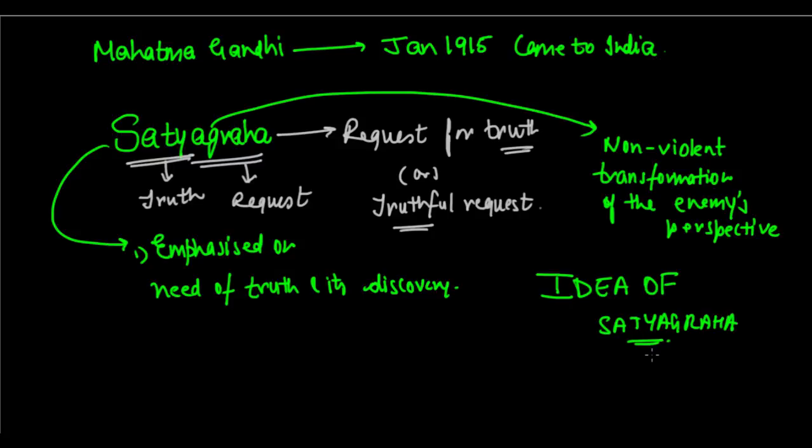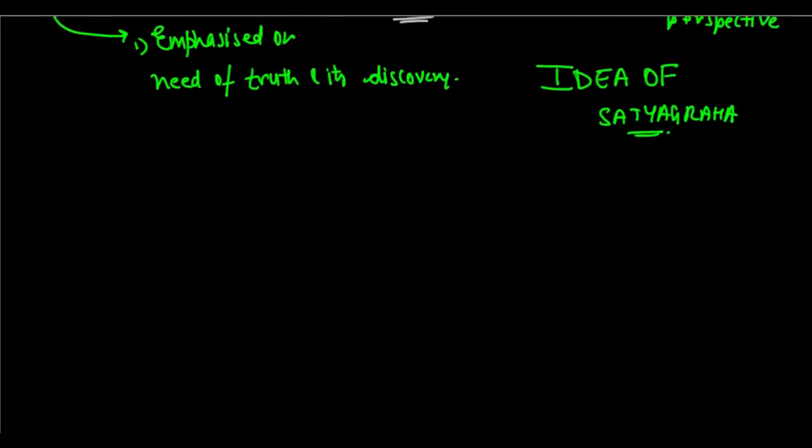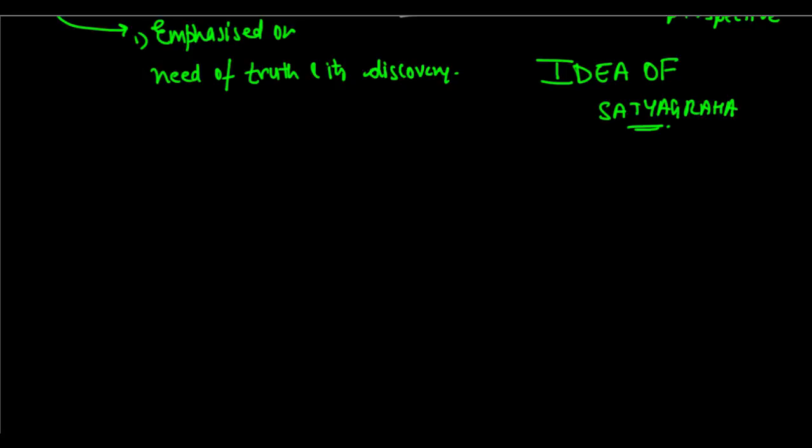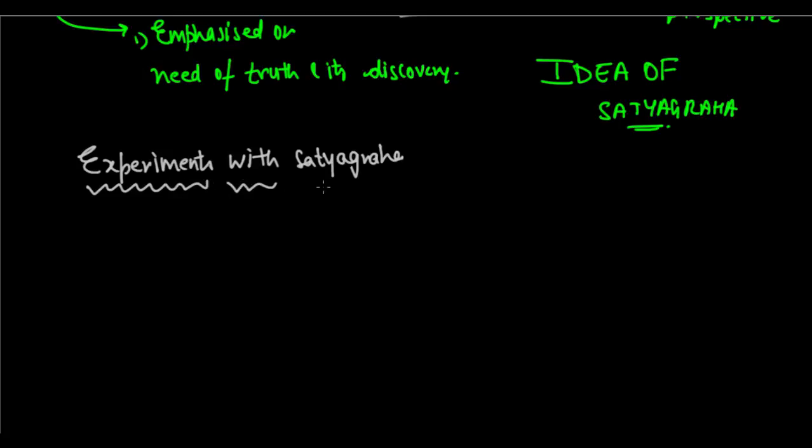So that's Satyagraha. Now, why was Satyagraha so important, and how did Mahatma Gandhi bring about and prove the success of Satyagraha? Well, when Mahatma Gandhi came to India, he did certain experiments in various places across the country, which are called experiments of Satyagraha. And even Mahatma Gandhi has written his biography, My Experiments with Truth, in which he has tried to explain how he used the weapon of Satyagraha to achieve many things in life, right?